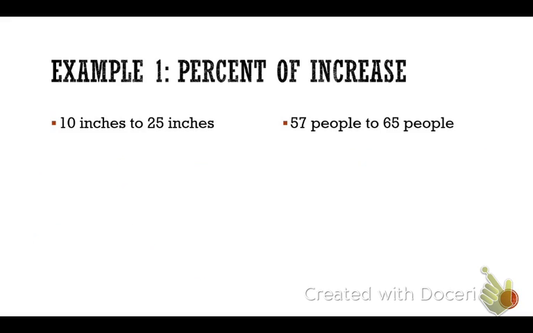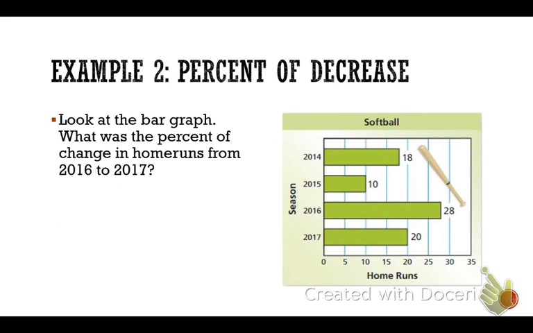All right, next example. Okay, so now look at the bar graph. What's my category here? What's this all about? Softball. Okay, what's my vertical axis? Seasons. What's my horizontal axis? Home runs. Okay, so what percent of change in home runs occurred from 2016 to 2017? So I'm going to use my formula. P equals